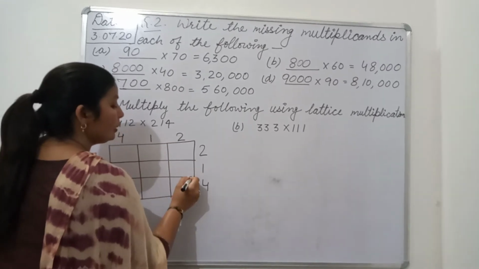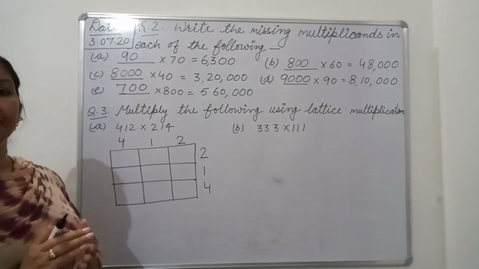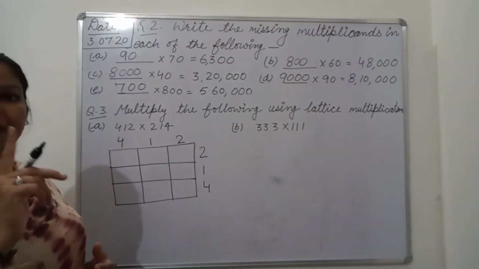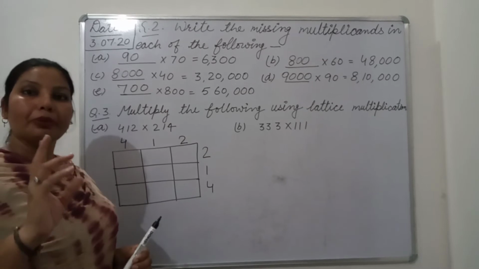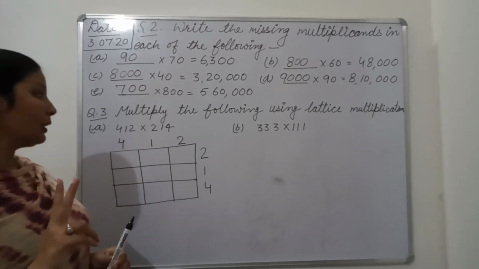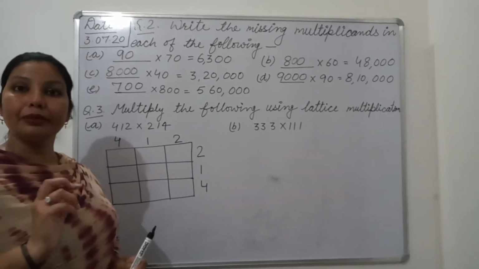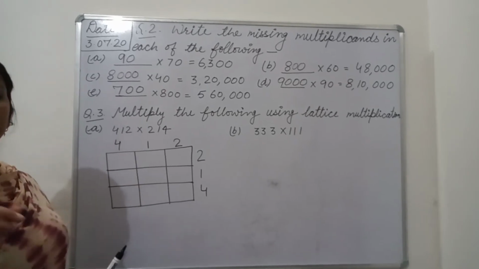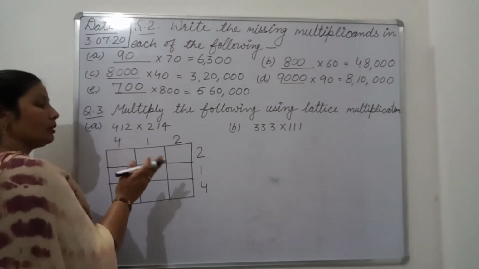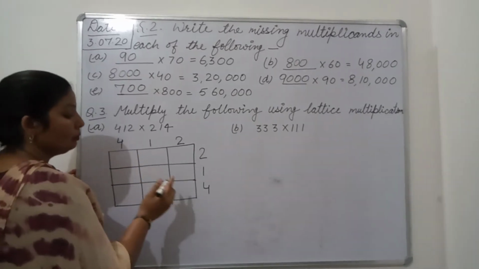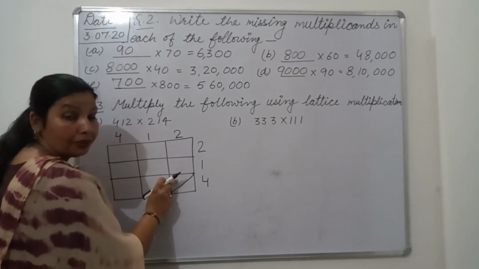Now we know very well that whenever we recite the table of 0 to 9, we get a 1 digit number or a 2 digit number. We don't get a 3 digit number. We always get the product in 1 digit or 2 digits. So that means the answer can come in 1 digit or in 2 digits. So each box we should divide, with a maximum of 2 digits we can get. So we should make 2 parts of each box. The down part is of the ones column and the upper part is of the tens column.